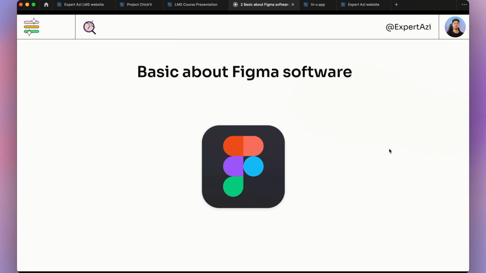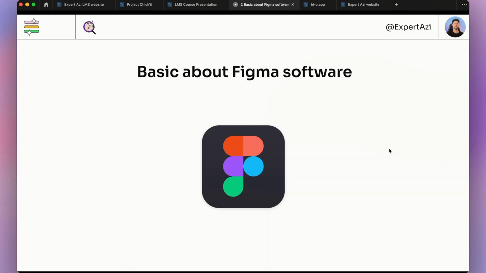Mostly we can use Canva, definitely. We can use any other tools if you like, let's say Photoshop, anything you can use to design your website UI. But in our case, we're gonna use Figma. And we mostly use Figma to do brainstorming and to save time during the development phase. So if we do everything in Figma, or if you use Canva, then it's okay, it's fine. You can use any of this software to design your website UI,